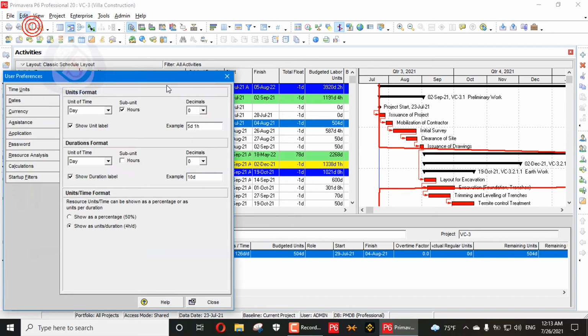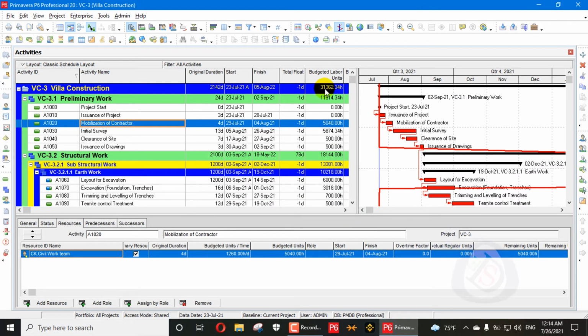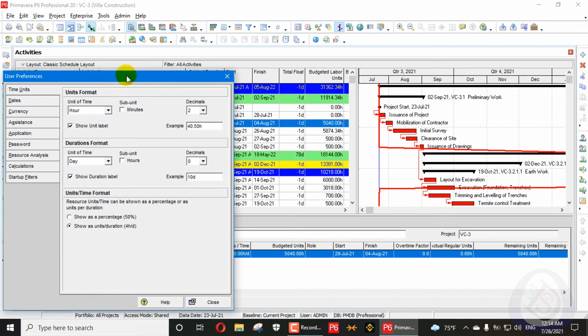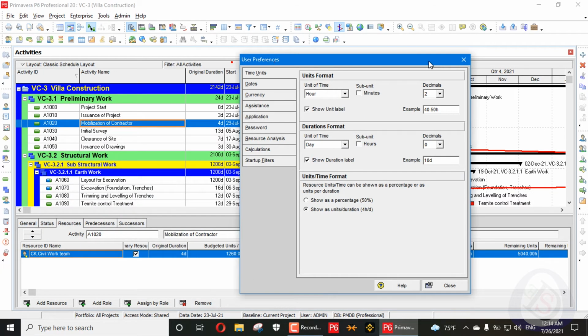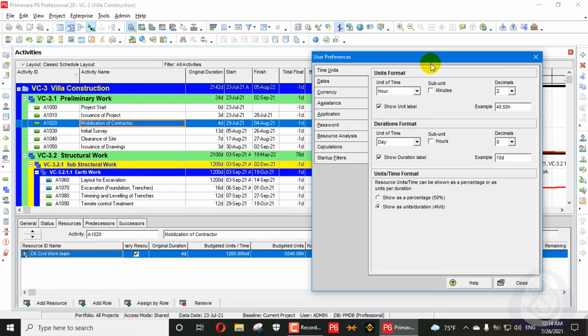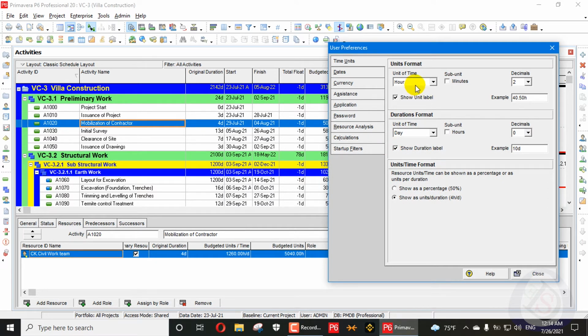So we will go ahead and edit. There is one last option left, so we will see this option. What about decimal? Sometimes there are units in decimal, for example, 40.50 or 40.25. You can also see something like 31362.34 hours. You can put units in points. So for units of time, you can see units formatting. How can you do units formatting? What are the units? Units are a measuring methodology. So we will remove that decimal to 0.